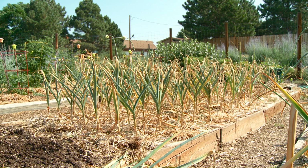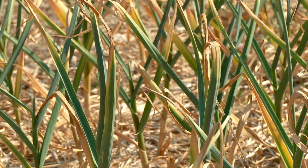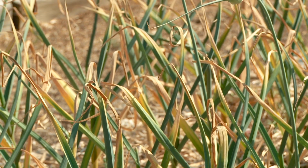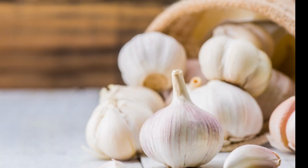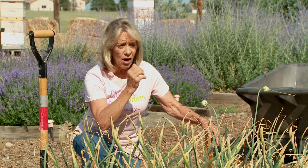Garlic is ready to harvest when about 1/3 of the leaves have begun to dry down. If I harvest a lot sooner while most of the leaves are green, the garlic bulb may not have reached its full size. If I harvest a lot later when all of the leaves are dry, the bulb itself may have started to dry too. That will reduce its shelf life. So just like Red Riding Hood, not too early, not too late, we're going to harvest the garlic when the